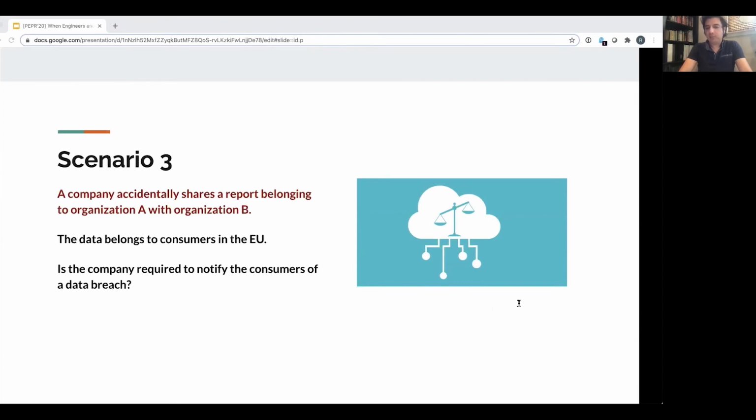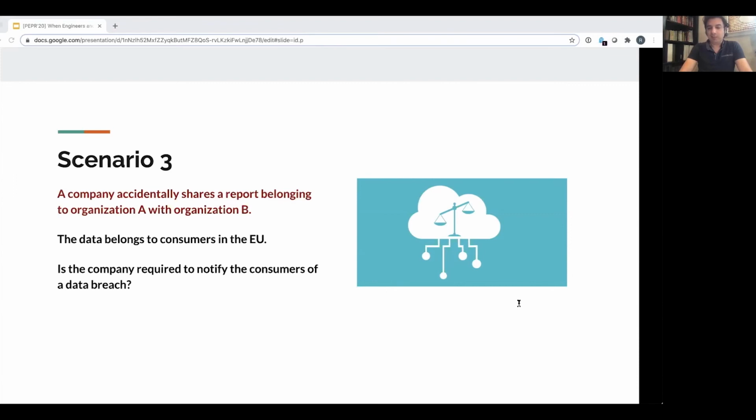Now, unlike the previous two vendor scenarios, this is a situation where the breach has already happened. So really, the opportunity to avoid the risk has passed. However, accidental sharing is a reality and can happen to anyone. What can the security team do now? Well, we can help prevent a bad situation from getting worse.